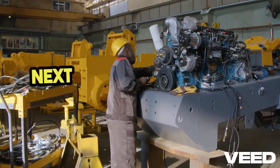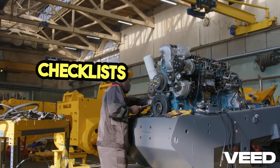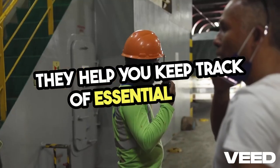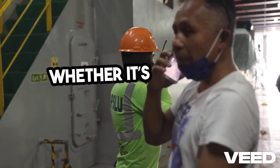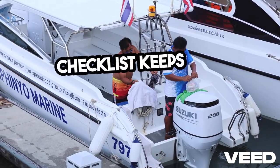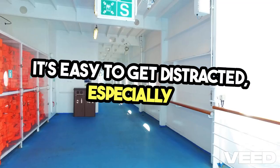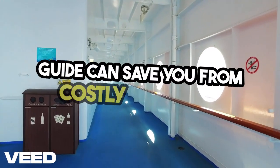risk. Next up is the importance of following checklists. Checklists are your best friend in the engine room. They help you keep track of essential tasks and ensure that nothing is overlooked. Whether it's checking oil levels, monitoring temperatures, or inspecting safety equipment, a checklist keeps you organized and accountable. It's easy to get distracted, especially in a busy environment, so having that written guide can save you from costly